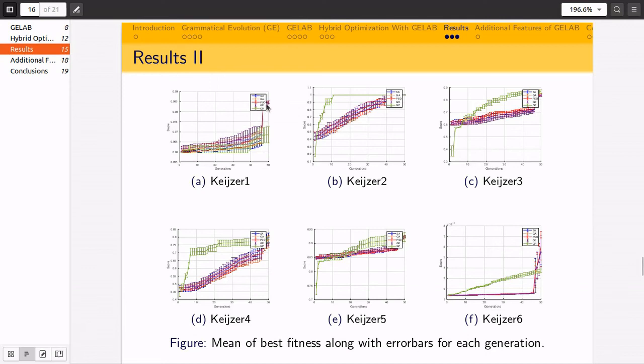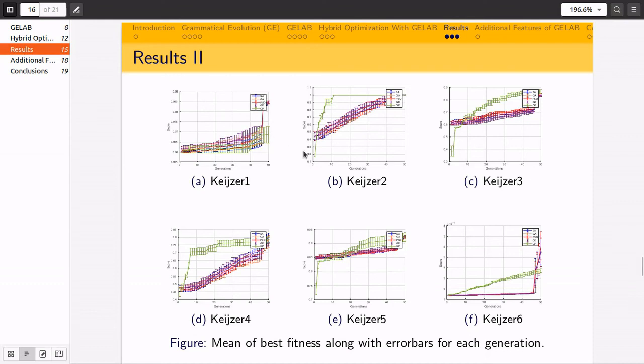In terms of the various flavors, we were using plain grammatical evolution, and grammatical evolution augmented or hybridized with simulated annealing, genetic algorithm, and particle swarm optimization in our case. And it can be seen that